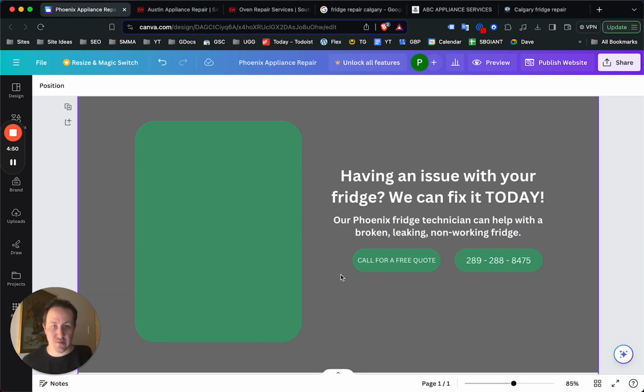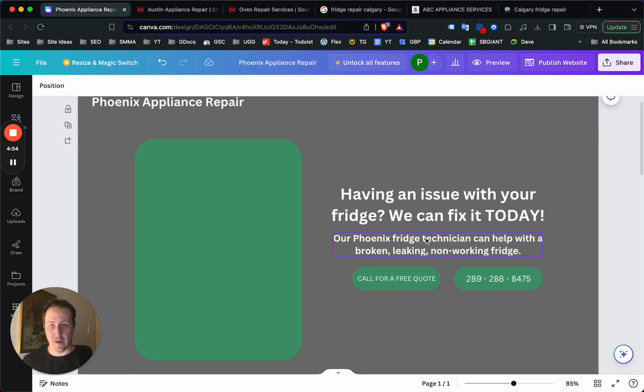I've seen conversions with this over 50%, 60%, 70%, depending on how targeted the ad campaign is. This is only going to work for a campaign that's targeting fridge repair. If you happen to not set up the targeting right and somebody looking for oven repair clicks on this and they see a fridge and then it says fridges, you just wasted a click and it's just money down the